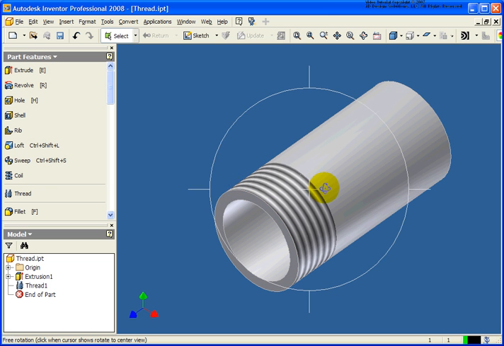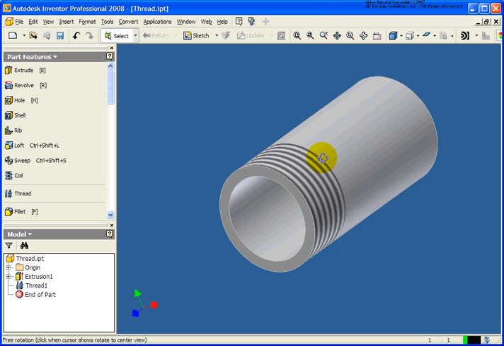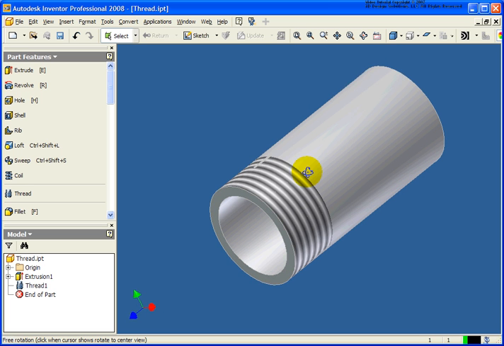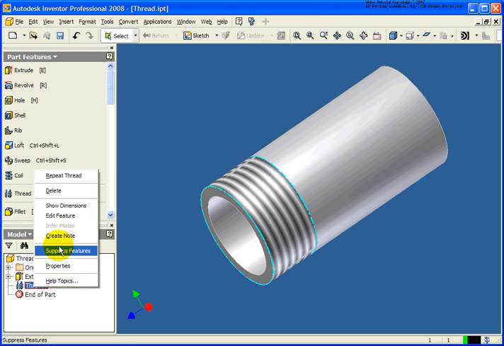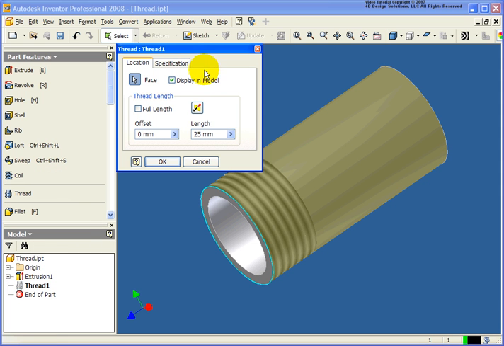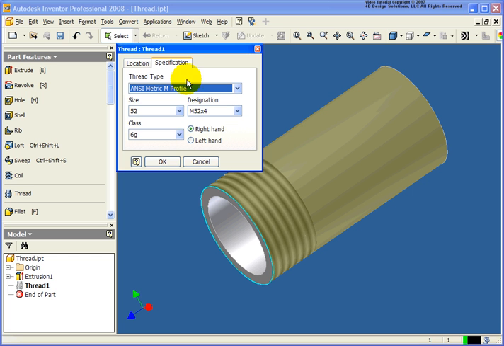The thread is being represented as a bitmap on the model itself, so it's not a true helical, and that's done for file size and for speed. If I go back and I edit that one more time, and if I go back to the Specifications tab,